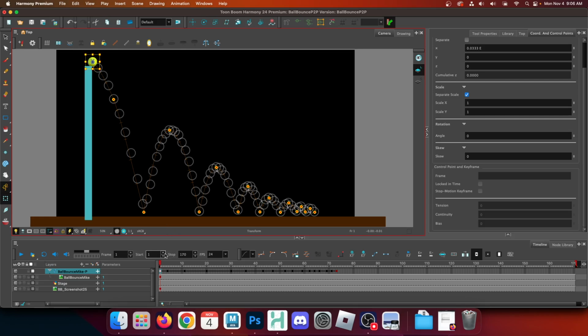When it comes to our squash and stretch, here's where things start to become a little bit more esoteric when it comes to working with our pegs, in the sense that our pegs, the controllers for our animation, I like to allow them to control for different things separately, because our pegs can contain keyframes for our translation, our rotation, and our scaling, as well as